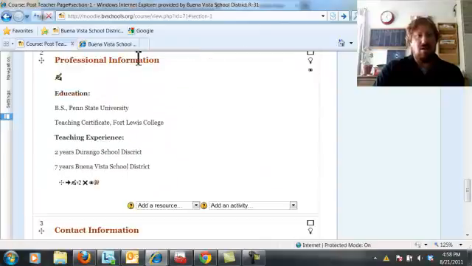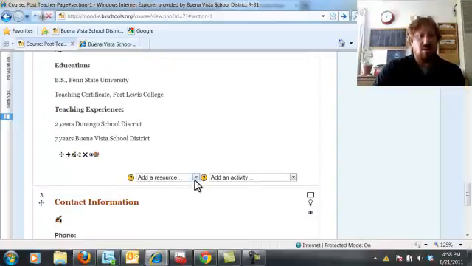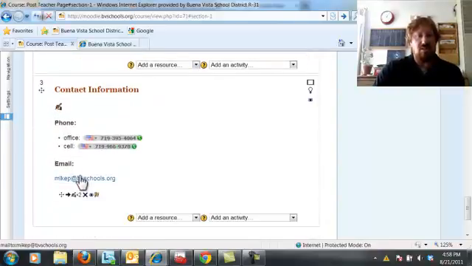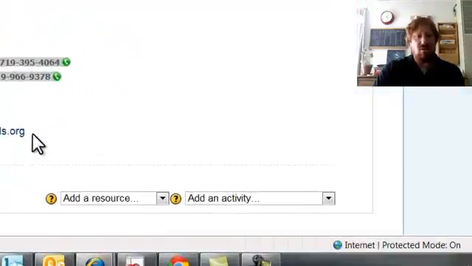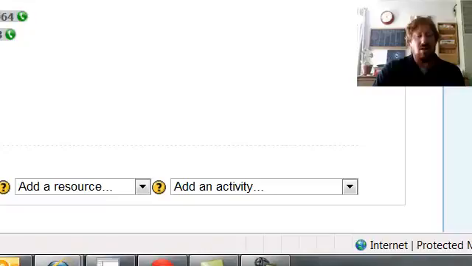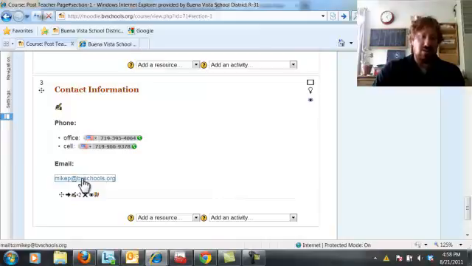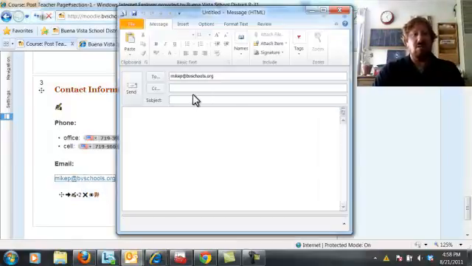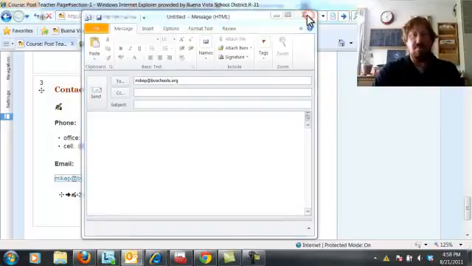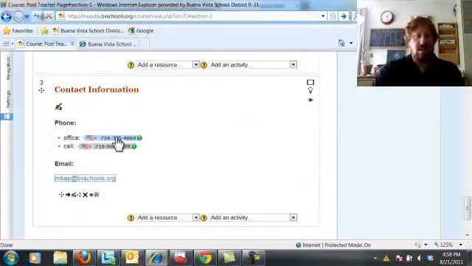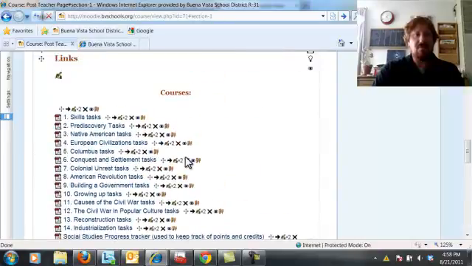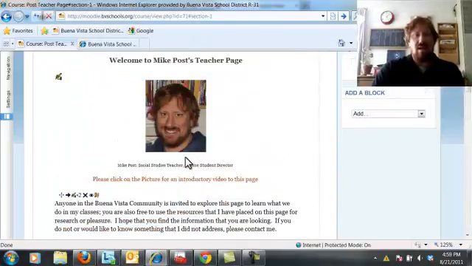So other than that, I'll show you again. I rounded out our outline using just the label resource to create all of these things. I have an automatic link because I have an email provider with Outlook. If a student has an email provider like that, they would click on this hyperlink and it would automatically bring up the email. There you go. Send me an email. I think that would be great. And phone numbers, and so on and so forth. So that is how to add a link